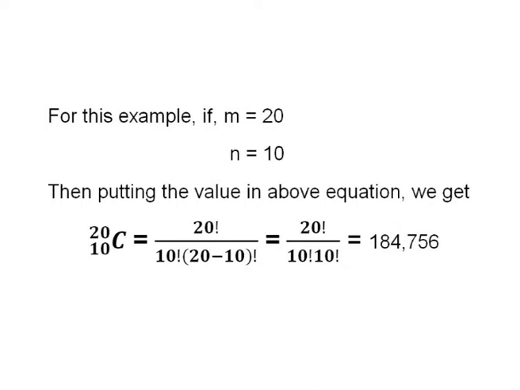Then putting the value in the above equation, we get C(20, 10), which is equal to 20 factorial upon 10 factorial into (20 minus 10) factorial, that is 10 factorial. Now, this will come out to be 1,84,756. Thus, the chance of having two sets of 20 boxes each having 10 randomly filled boxes in the same combination is a chance of 1 in